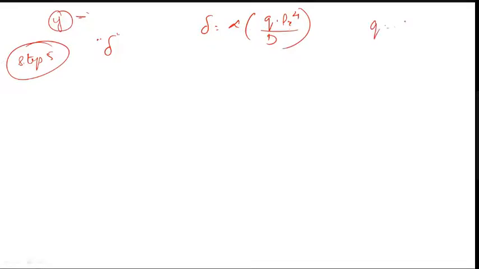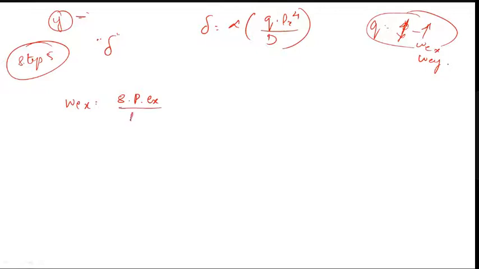Q is nothing but the downward load minus the upward load, that is the unbalanced load, but I need WEX and WEY here. WEX is given by 8 into PEX upon Lx square. This is for per meter also. 8 into P value means 4 cables, multiplied by 100. We have only 4 cables per meter, with a force in each cable of 100.